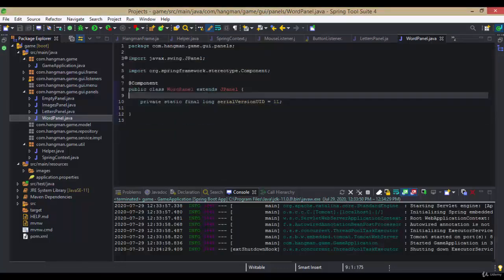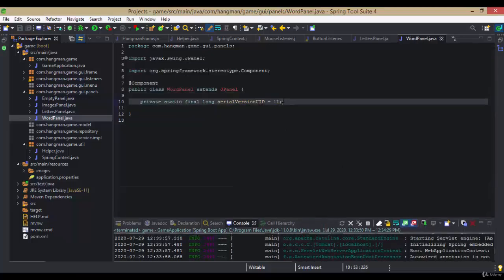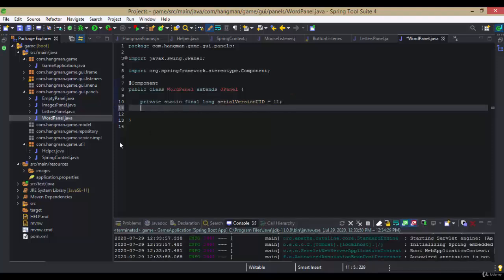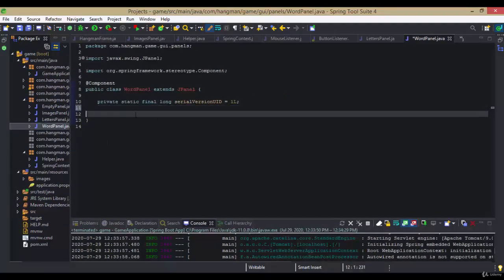Let's also add a default serial version UID. We will need to set up a new variable that will be a list of JButton,